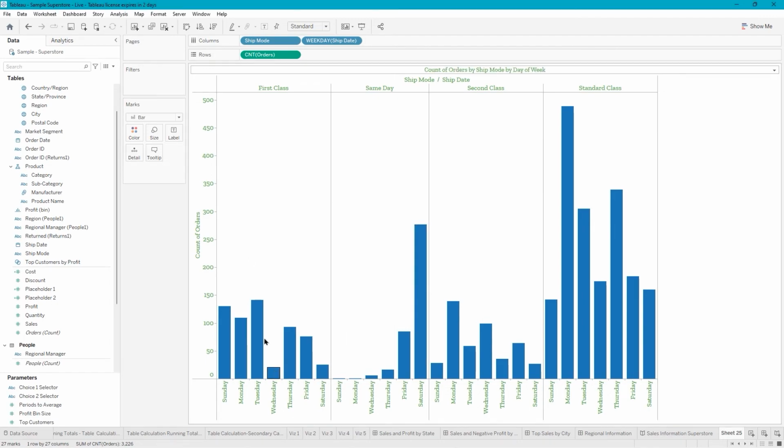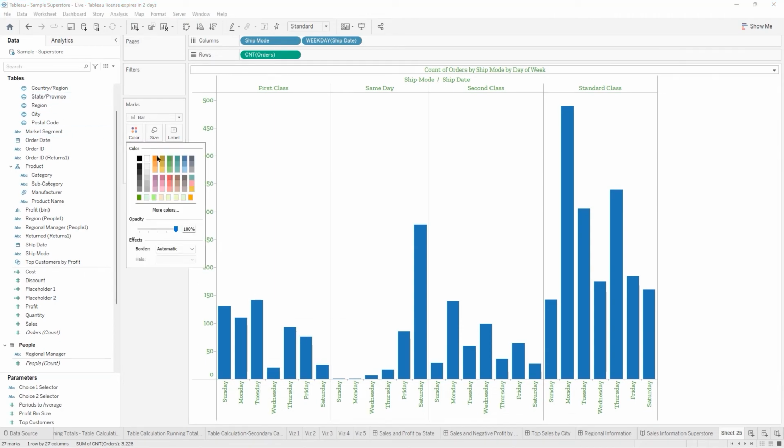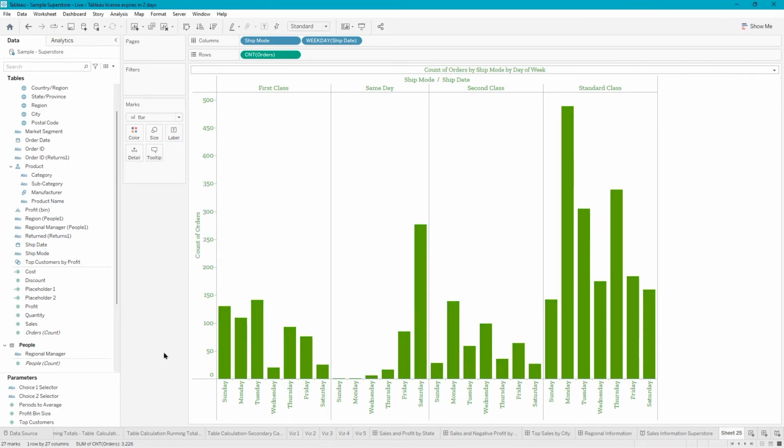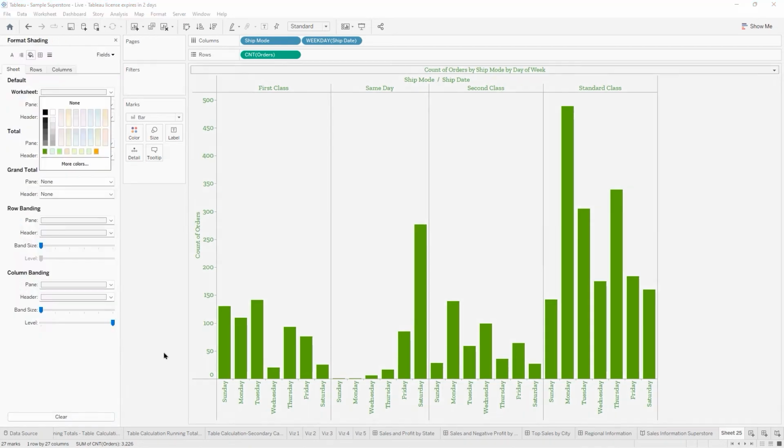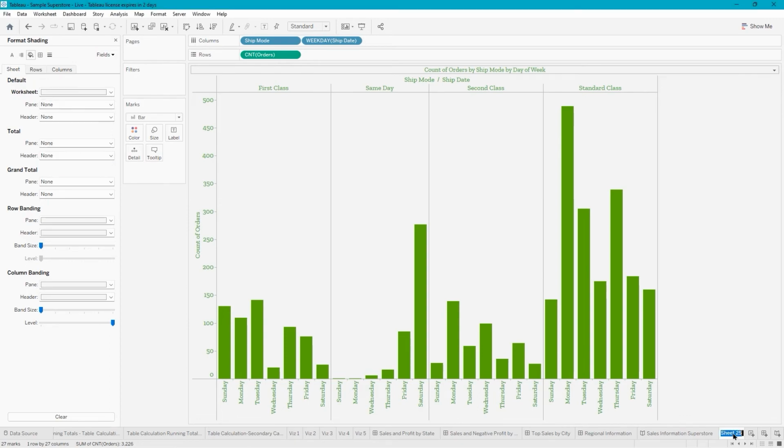And let's change our column bar colors. So along with our regular formatting here, we're going to make that dark green. And go ahead and give the sheet our light gray shading. Let's name the sheet tab distribution band,